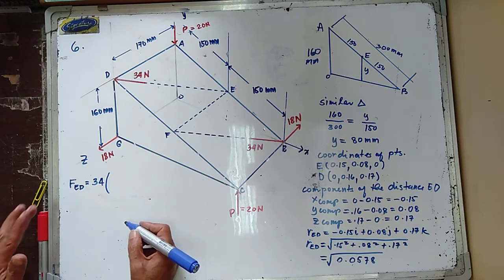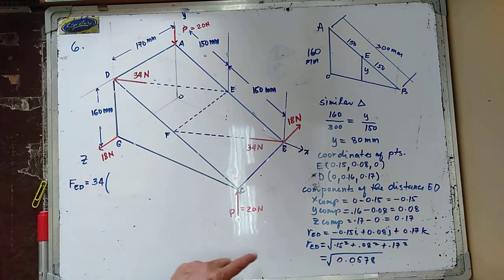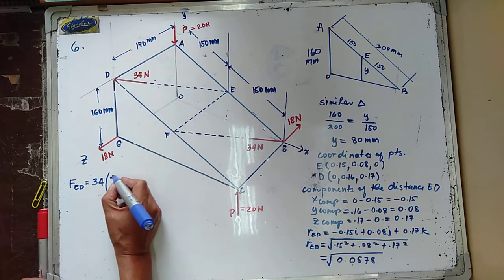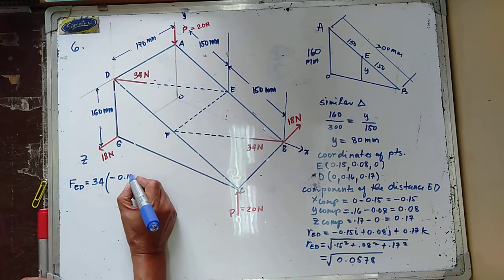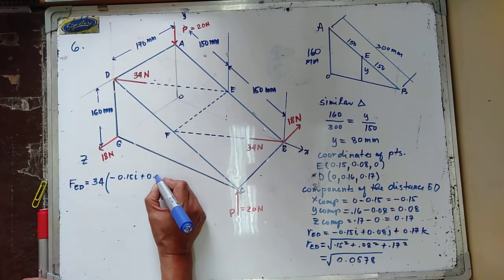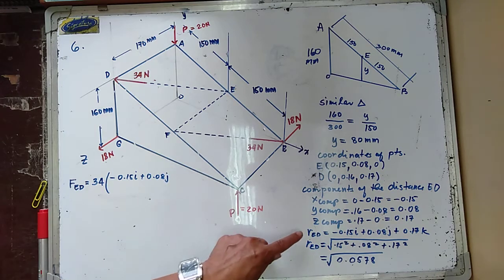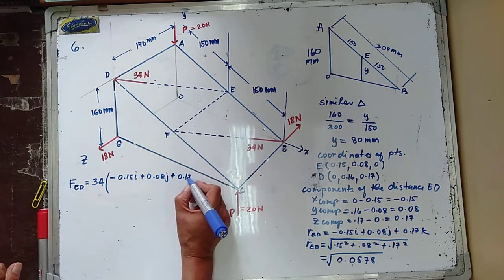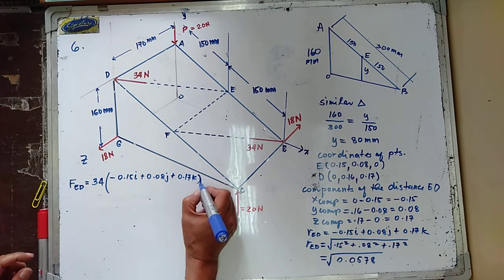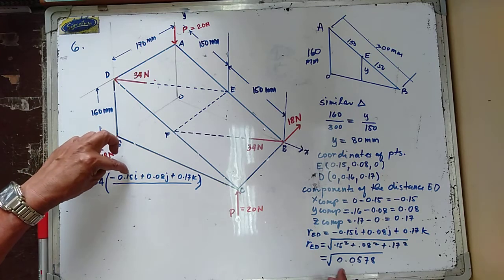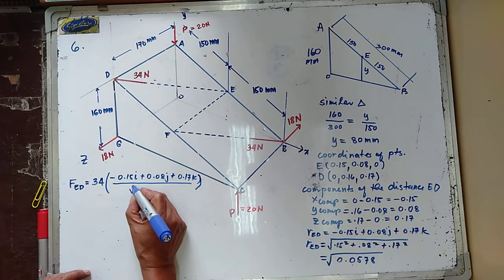And the unit vector ED is now equal to the vector distance, which is equal to negative 0.15i plus 0.08j plus 0.17k, all over the magnitude of this vector distance, which is equal to the square root of